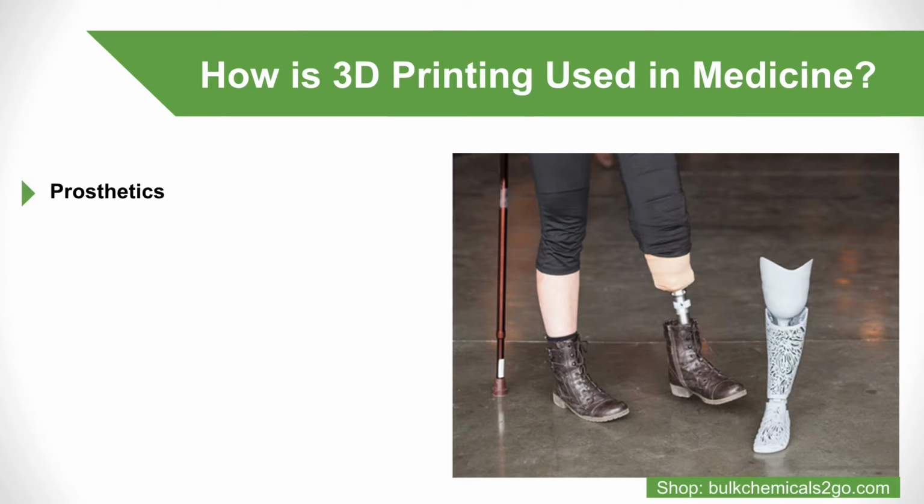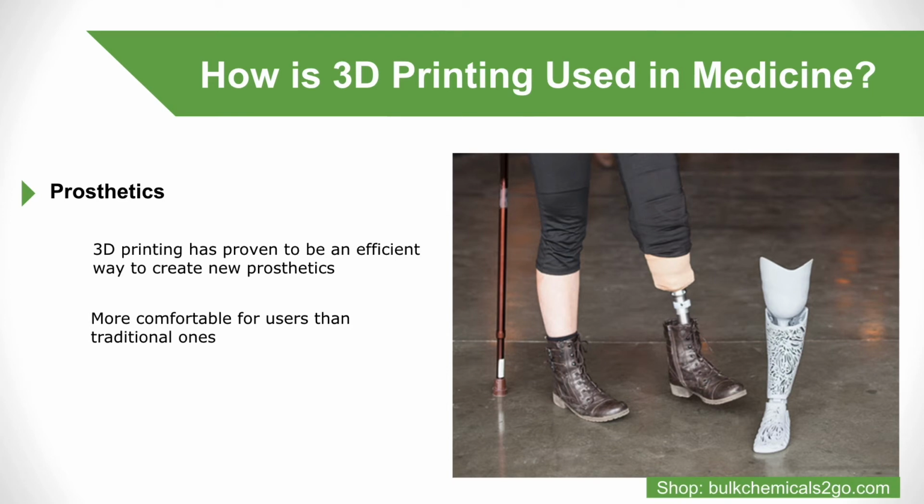Prosthetics. Unfortunately, there is currently a shortage of prosthetic limbs worldwide, but 3D printing has proven to be an efficient way to create new prosthetics. These highly customized prosthetics are often more comfortable for users than traditional ones, and they are usually less expensive as